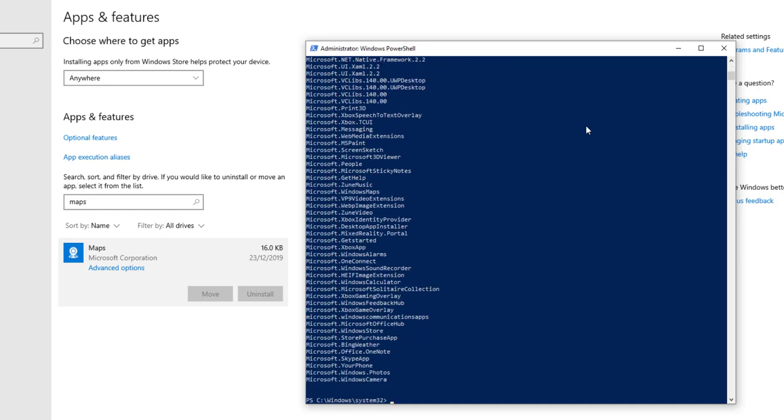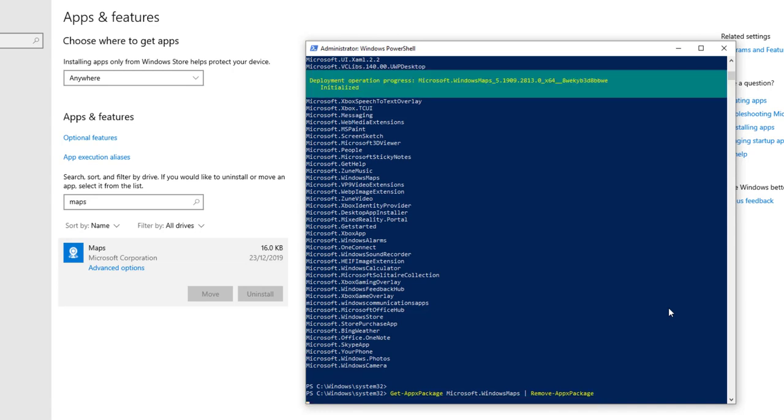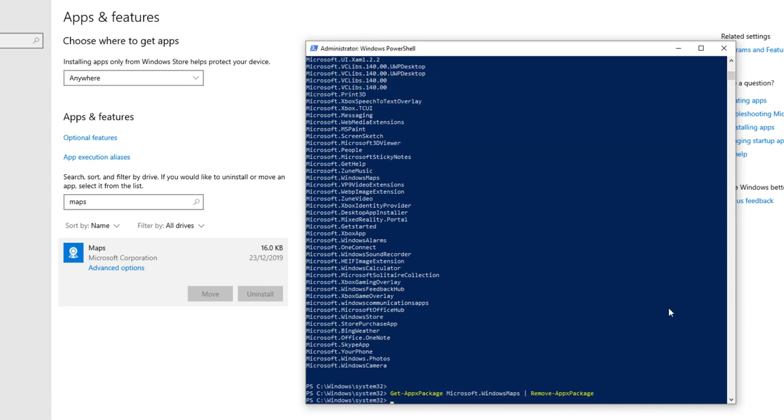This will give you a whole list of all the app packages that Windows 10 installs, and the one we're looking for is Microsoft.WindowsMaps. And the next command we need to run is Get-AppxPackage, and then it'll be Microsoft.WindowsMaps, and pipe that to Remove-AppxPackage, and then press enter, and that'll actually remove the app